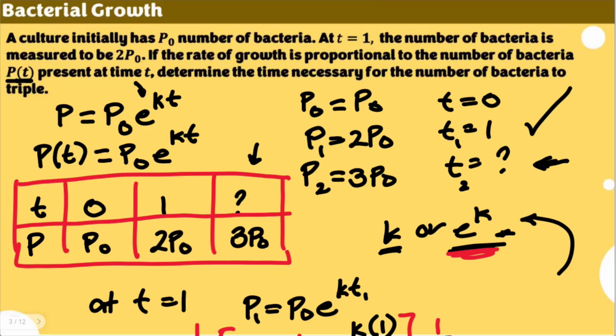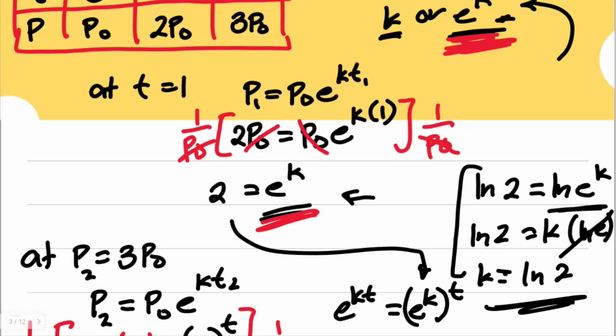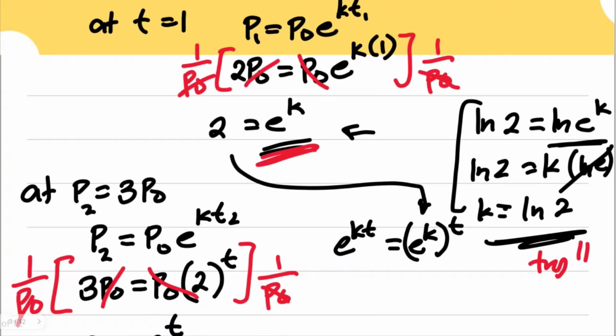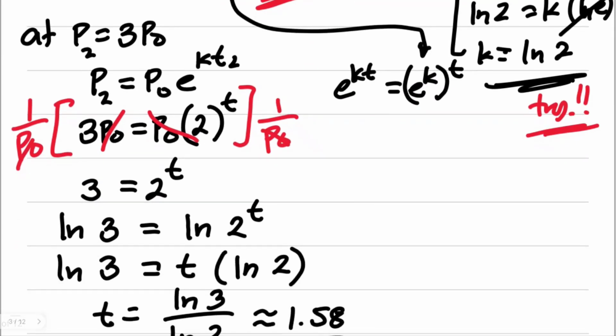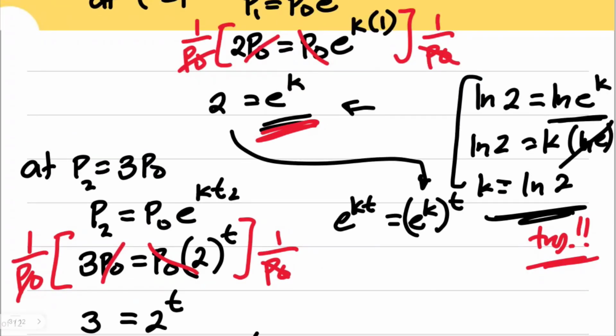Again, I'm sticking to my decision of solving for e to the power of k rather than k. Yes, of course, you can do that, and please try this one. In solving for the next situation, instead of 2, you will have e to the power of the natural logarithm of 2, which of course would be equal to 2 in itself. But for some cases where it's not possible to automatically get an exact answer, I would like to use e to the power of k rather than that. But you can try doing that on your own.